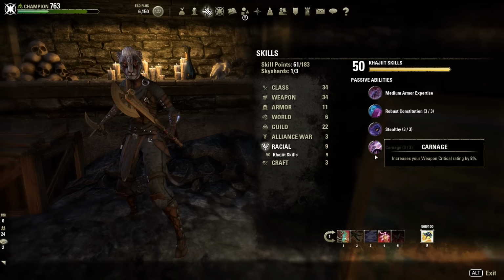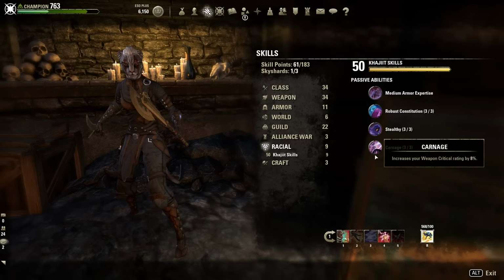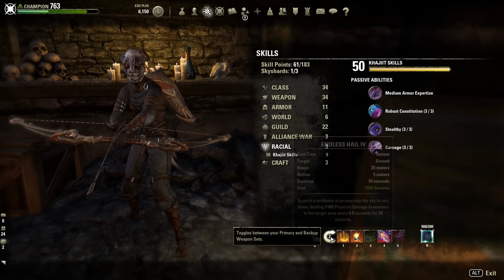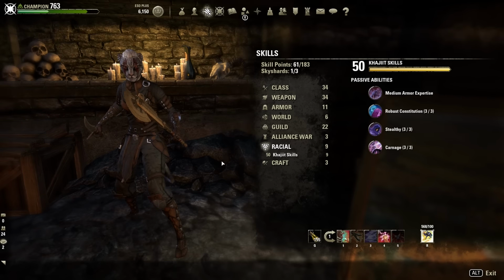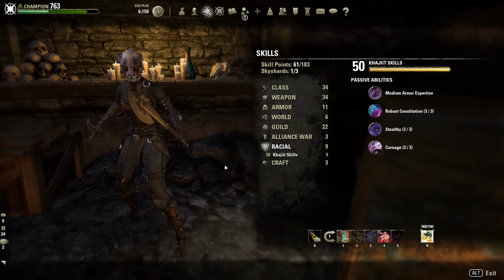It gives us 8% extra weapon damage and weapon critical. It will result in the highest DPS, and we will not have resource issues due to siphoning attacks. Resource management on a Nightblade is so easy, it's almost non-existent. Of course, Red Guards, Imperials, Orcs, all those kinds of races also work, but again, highest DPS will be achieved